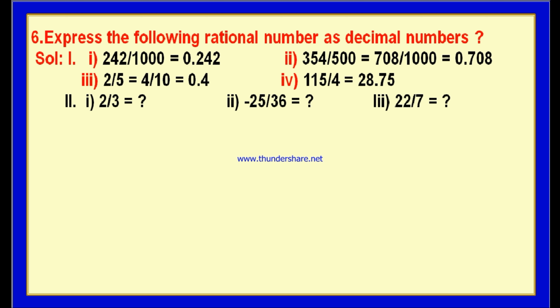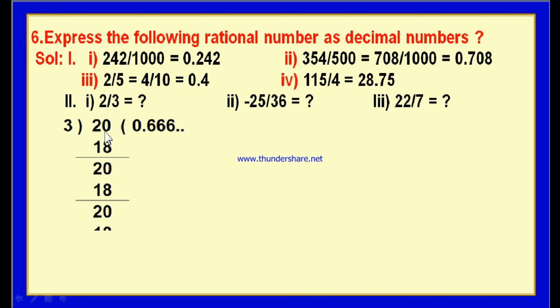First of all, the first bit is 2 by 3. 2 by 3 means we have to divide 2 by 3. You cannot divide 2 by 3, therefore take 0 point. If you keep the point, then you can write 0 beside 2 so that it is 20. In 20, 3 goes 6 times, 6 threes are 18. Subtract 18 from 20, you will get 2 again.